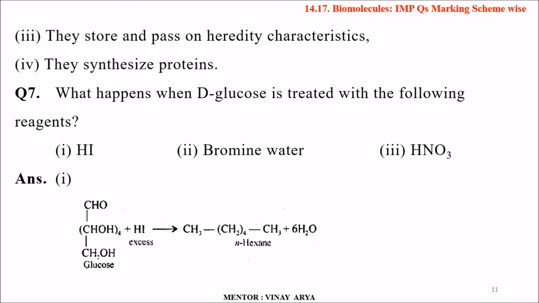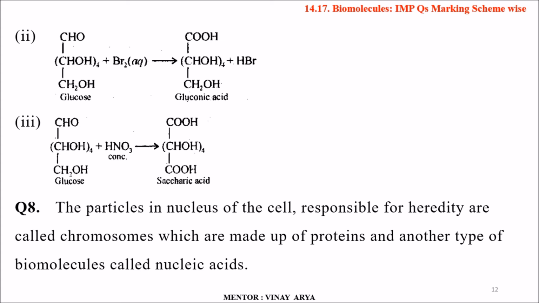The answer to the first one: glucose, CHO, CHOH whole 4, CH2OH, when made to react with HI in excess, forms CH3, CH2 whole 4, CH3, n-hexane, and 6 water molecules are eliminated. The second one, glucose, CHO, CHOH whole 4, CH2OH, when made to react with bromine water, gives COOH, CHOH whole 4, CH2OH, gluconic acid, plus HBr. And the third one is glucose, that is CHO, CHOH whole 4, CH2OH, plus HNO3 gives COOH, CHOH whole 4, COOH,